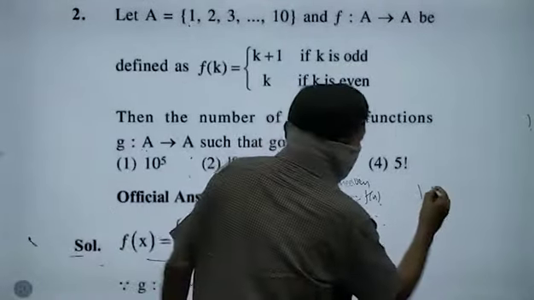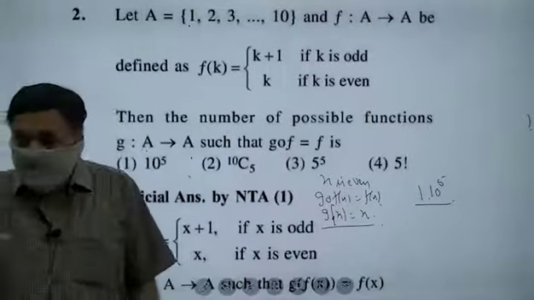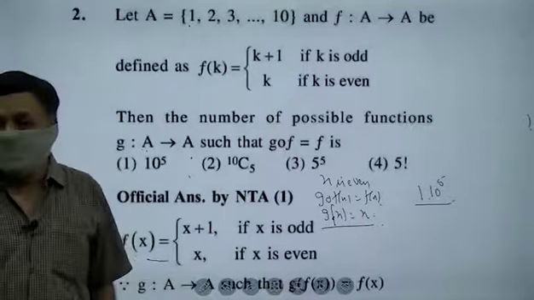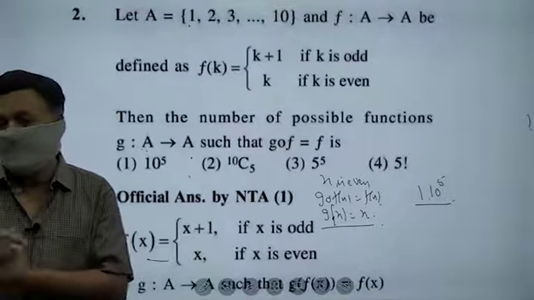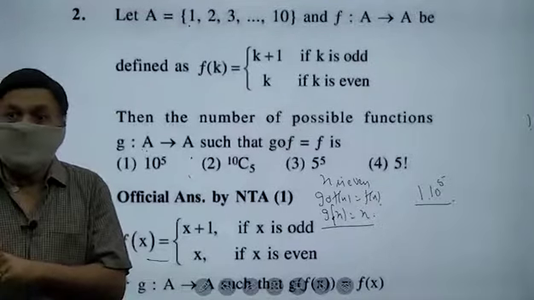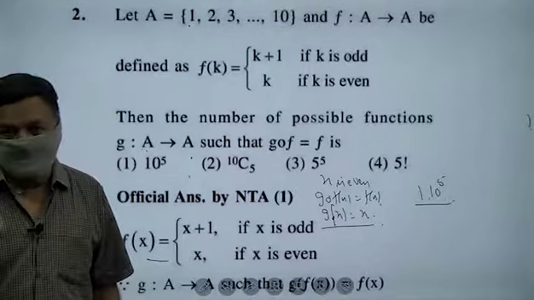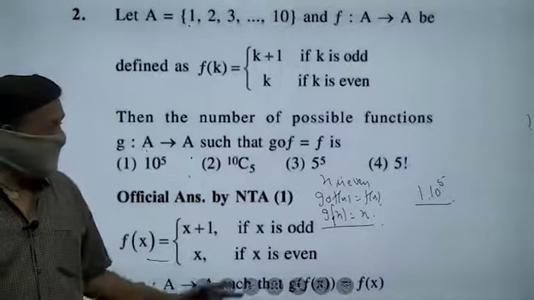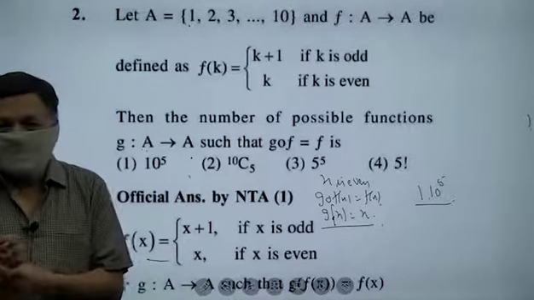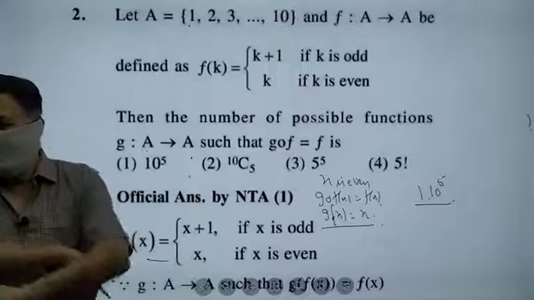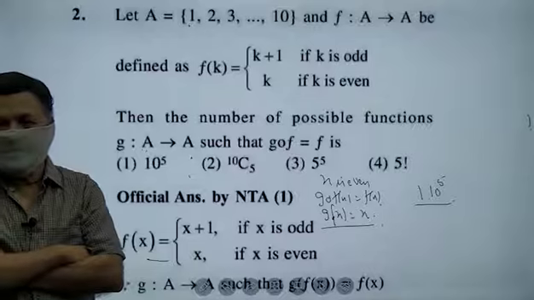Therefore, odd numbers can be mapped in 10 power 5 ways. Even numbers are mapped in only one way: 2 should go to 2, 4 should go to 4, like that in g of x. Therefore, the total number of ways g can be expressed will be 10 power 5 ways. So, this is a logical question. So, you write down these points. Just try to follow the concept of this problem. The range of g is always even.